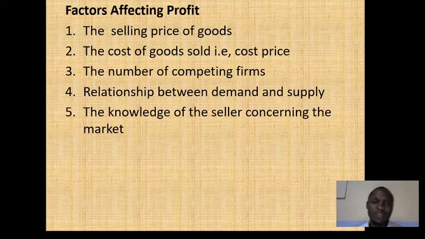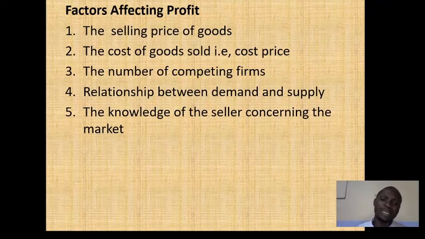Then lastly, we have the knowledge of the seller concerning the market. It is very important that as a business person, you have good knowledge of the market you are trying to penetrate. This often affects the turnover of a business. If a businessman goes into a business he has little or no idea of, definitely the customers may not demand such products. If a businessman should supply a certain commodity to the market